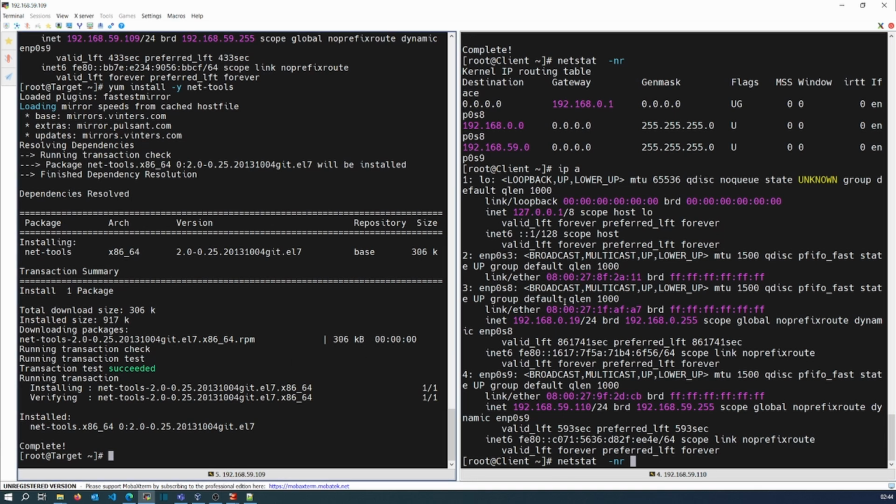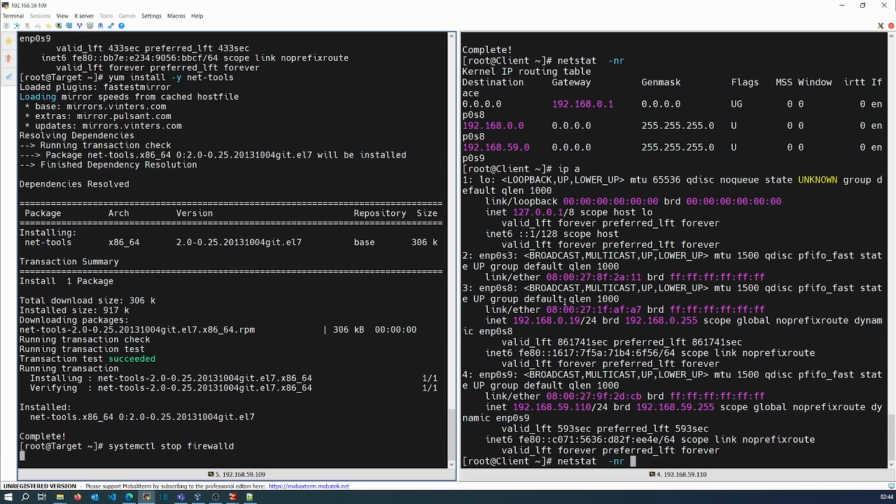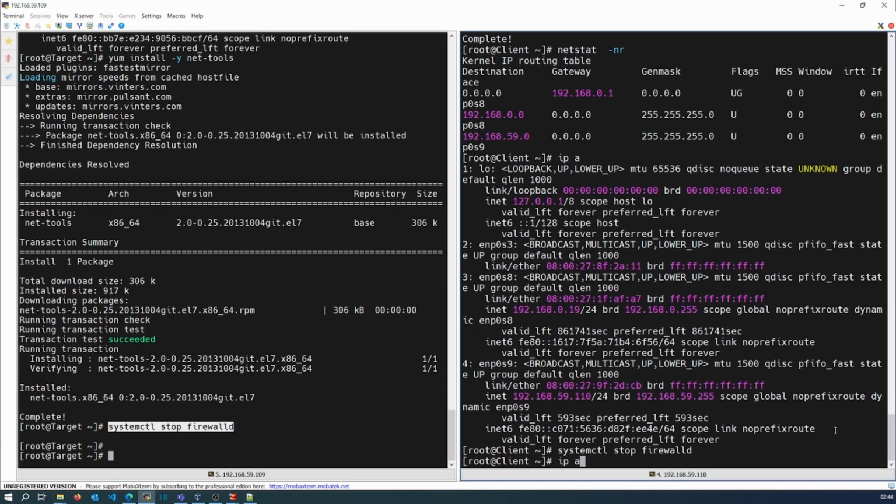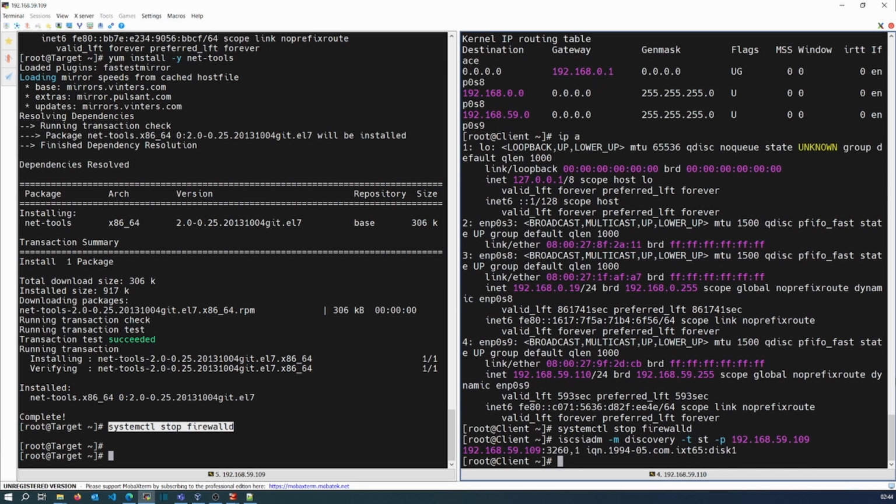I'll just turn off the firewall right now on the target and on the client. I'll try to have the connection. Yeah, it is connected. Then it was a firewall issue. It's not the reachability issue. So the route was fine. It's the firewall which was blocking access. Let's disable it for the testing right now,